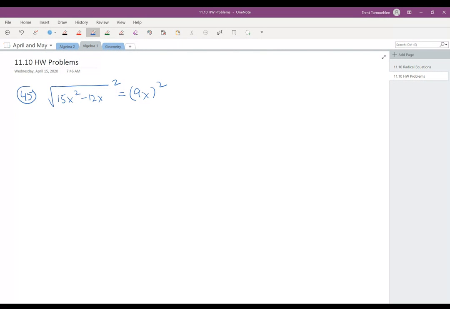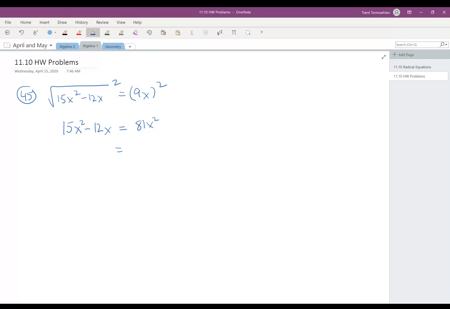The square of a square root is just whatever's inside the square root, so that's the easy part. It just gets rid of the square root by squaring both sides. This side, remember, we got to do 9x times 9x, and so that equals 81x squared. So when we solve this equation, we end up with,